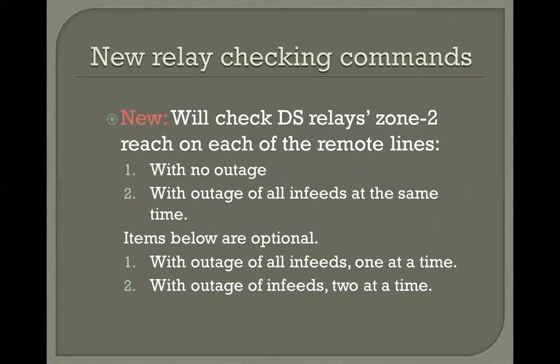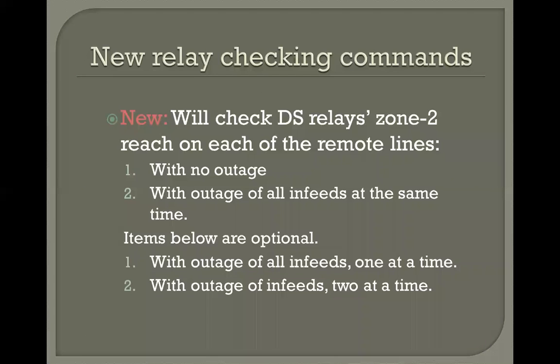Okay, and this slide is about checking distance relay zone 2. Of course, the zone 2 should cover part of each of the remote lines. I'm not describing the stuff on the slides right now, but just in general, the principle is that the zone 2 should cover part of the remote line, but it shouldn't cover too much of it, such that the zone 2 would start infringing on the remote line zone 2. So now they've got zone 2 racing with each other.